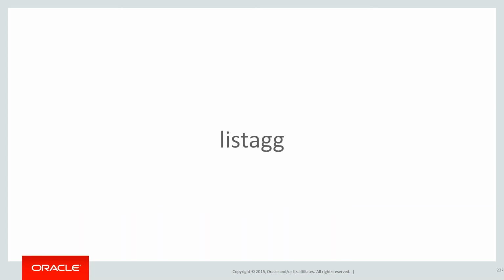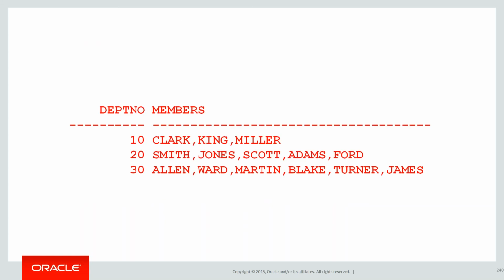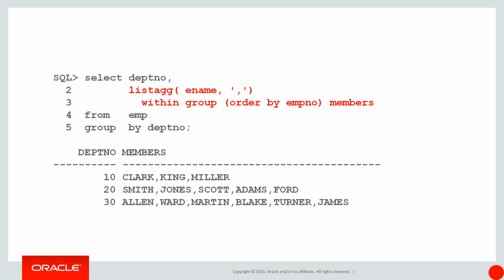We can do the opposite. There's a great function called list tag, because this is a classical problem. The classical problem is I've got all the data that looks like this, 1 row for every piece of data, which is how relational databases work. But this is what I want. I want for Department 10, all the names listed out to the right. Department 20, all the names listed out to the right, etc.